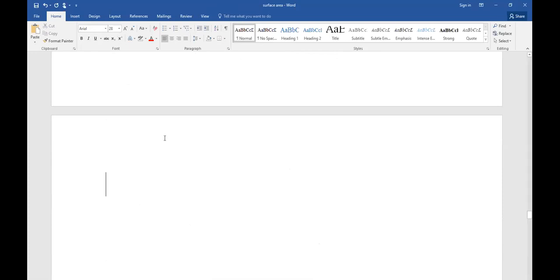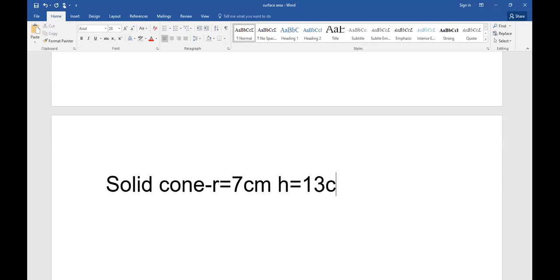Calculate the surface area of a solid cone, radius 7 centimeters, height 13 centimeters. So you are going to find, number one, the surface area. And then number two, you're going to find the volume. So surface area, we say it is found by, the base is a circle. So you start by